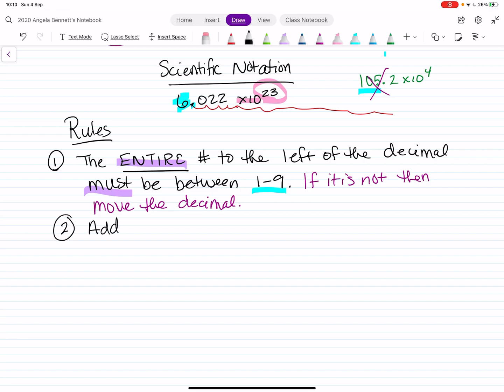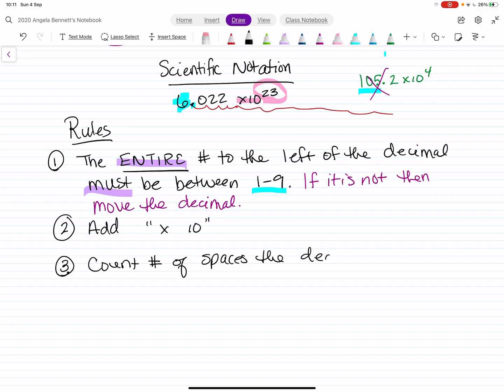You're going to add times 10. And I put that in quotation marks because it's exactly that. So you're going to add times 10. That's what you're going to write down on your piece of paper after you've moved the decimal place, if you have to. All right, number 3, you are going to count the number of spaces